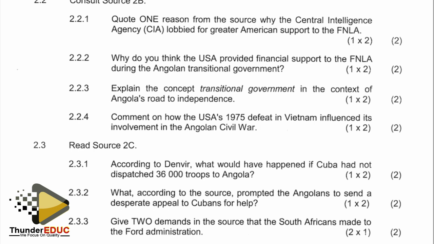Right. What we can argue there is that the Americans wanted to regain their pride. Remember, America was deemed to be a superpower. Then if you assume a position of a superpower and you get defeated by a very small country, you become a laughing stock of the world. So they wanted to revive their pride as a superpower. So by getting involved in Angola, they wanted to show countries of the world that they are still superpowers. Despite being defeated in Vietnam, they can still prove that they are still superpowers in Angola by taking control of